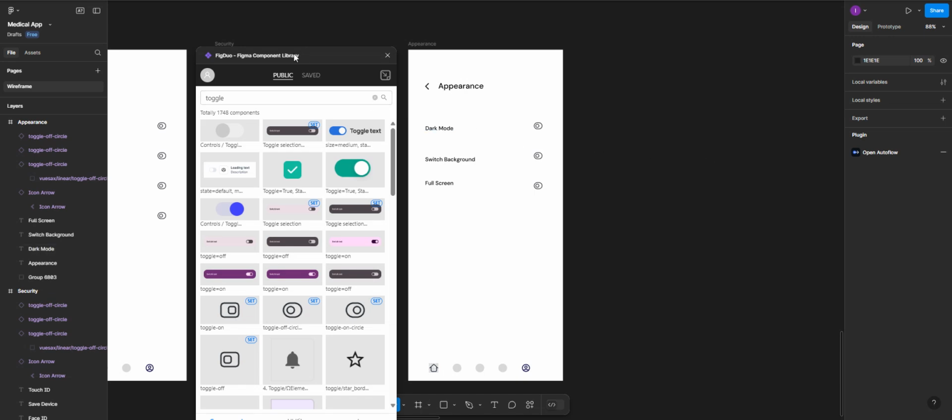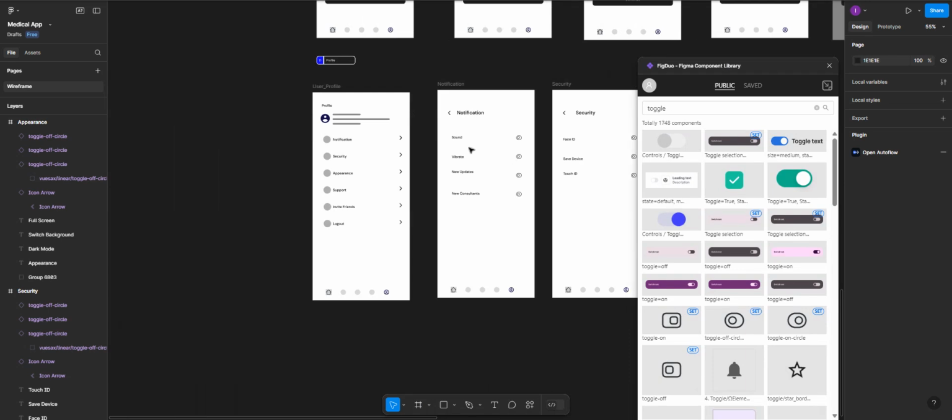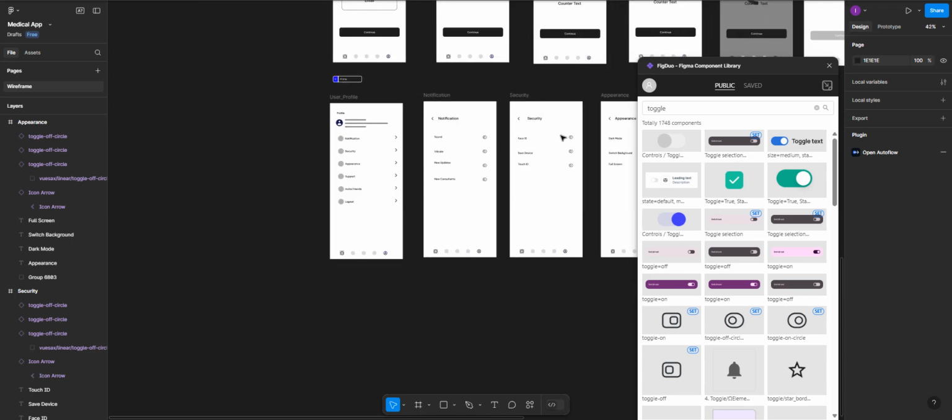All right, so the next one that comes is going to be this support. Now the support is going to stand as a parent screen, because when you click on support, you should be able to have different means of support that you can contact the application, customer care and all that. Okay, so under support here, let's go back